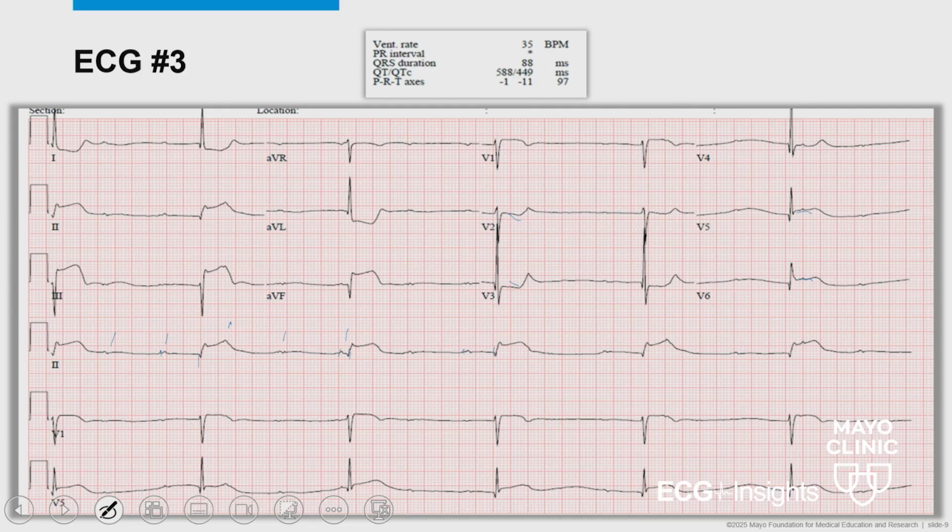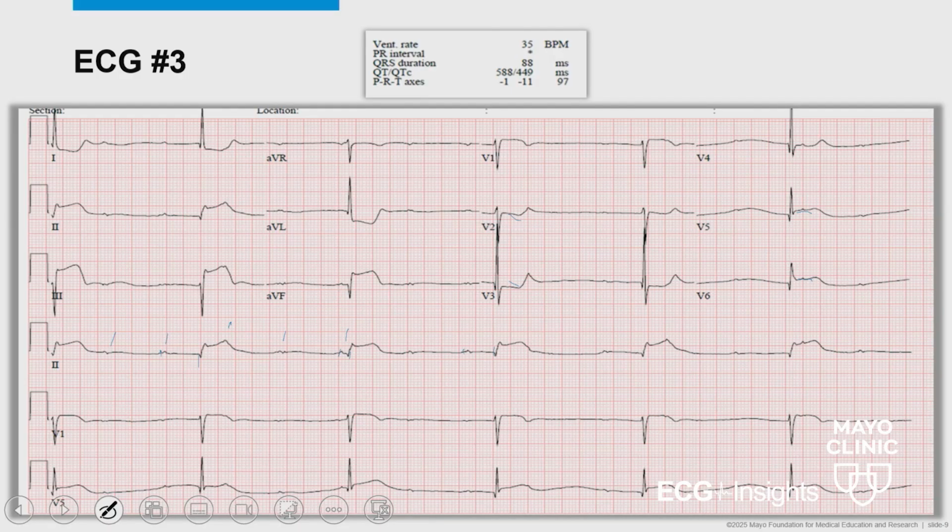PRI is varying all the way across your ECG. Your P to Ps are regular. Your R to Rs are regular, occurring at 2 different rates. So it looks like we're looking at complete heart block. Absolutely. So inferior wall MI and complete heart block, a very, very common combination that patients can get. There's a lot going on in this ECG obviously, but let's just highlight a couple of things here.